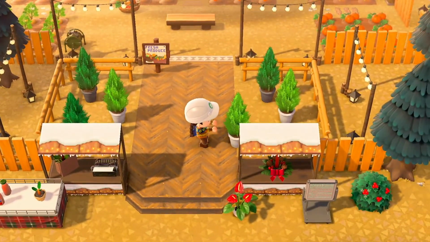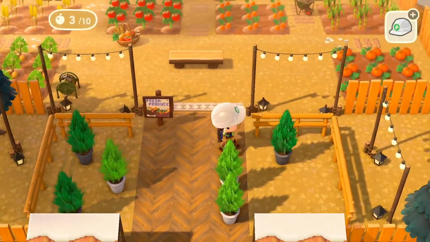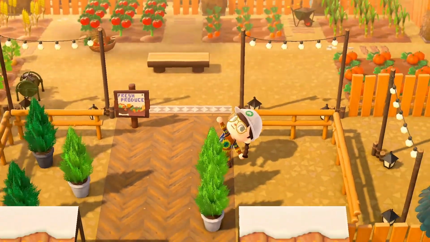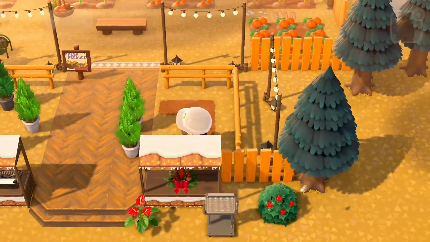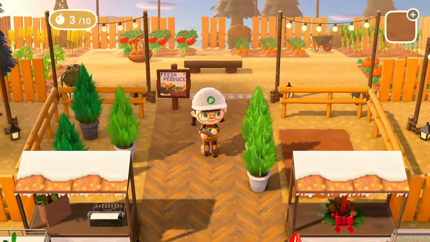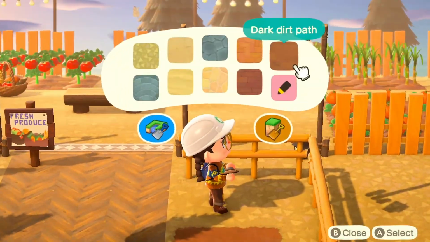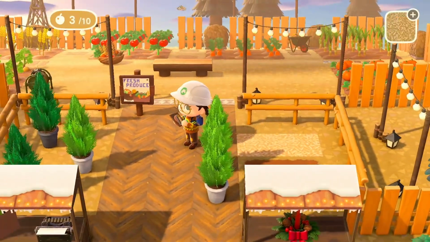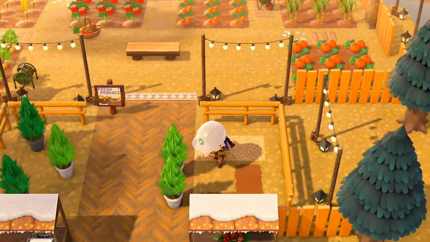Oh, and here I am now, moving the trees that I so carefully placed because I wanted to put some dirt underneath them. So first I tried the dark dirt. I didn't like it. And then I remembered from my previous build I had some wood chips, another custom design that I used in my little farm area before 2.0,